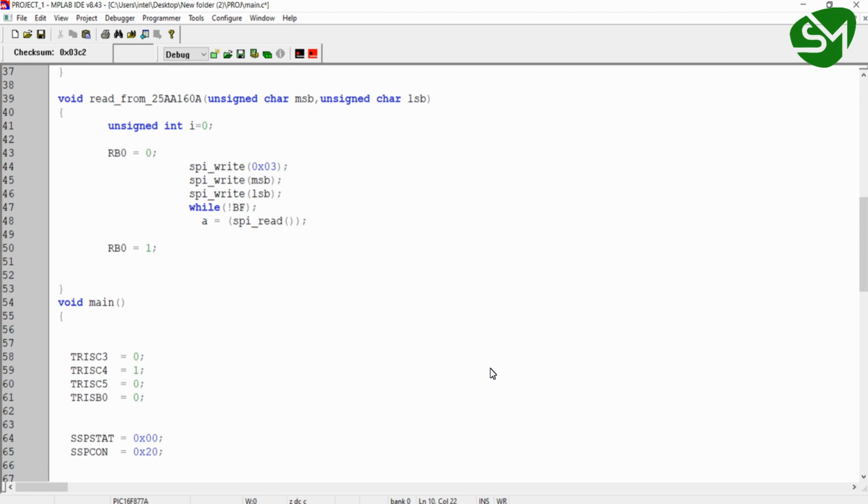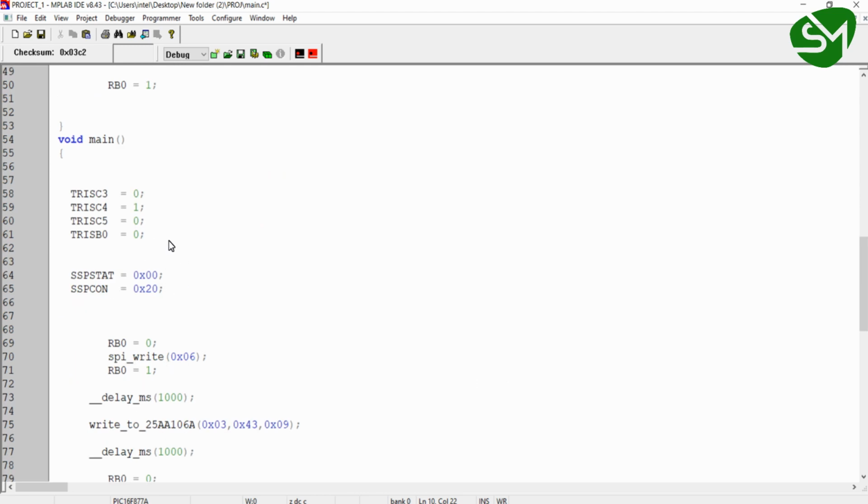I hope you remember all those functions and programming sequence that we wrote in the previous configuration lecture. So here you can see in the first step I have configured all the pins as output, that is the MOSI, clock and slave select pin of the microcontroller as output, and MISO pin is configured as input.